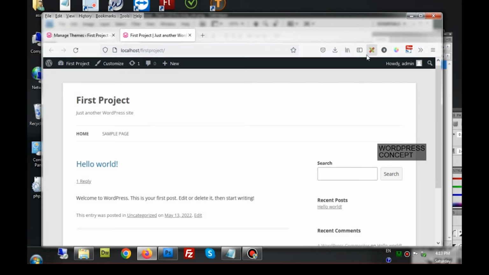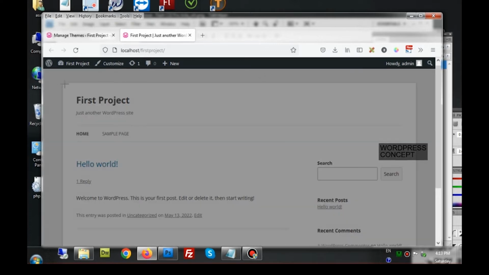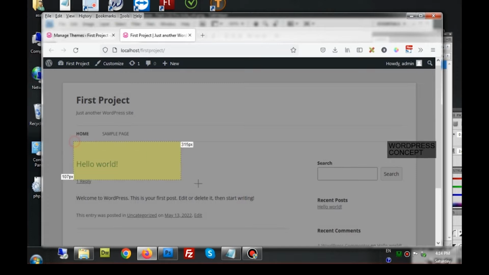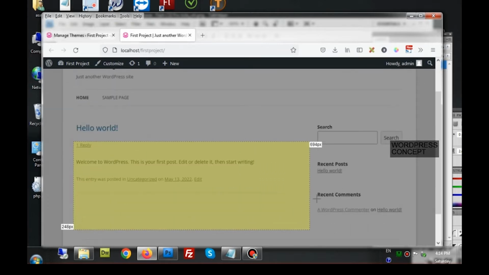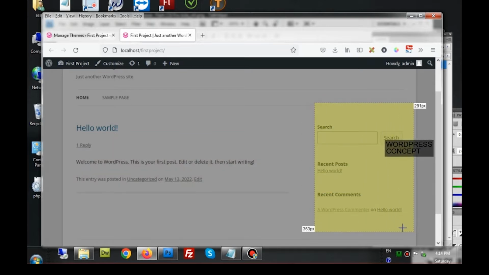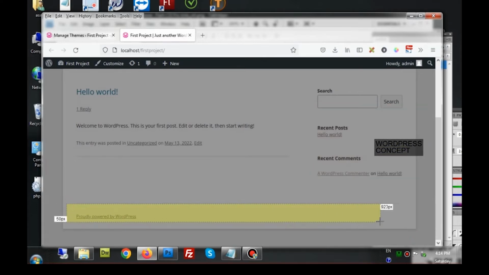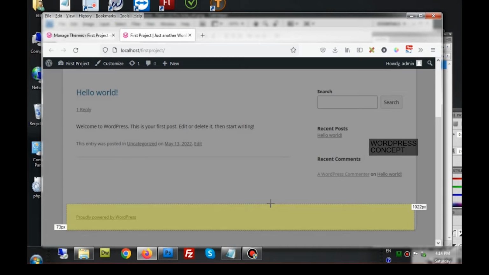Let me tell you again. So this is the header. The second block is called the menu bar or the navigation bar. The third portion is called the content portion, where we will put the page content, and this right side portion is called the sidebar, and this bottom portion of the page is called the footer.